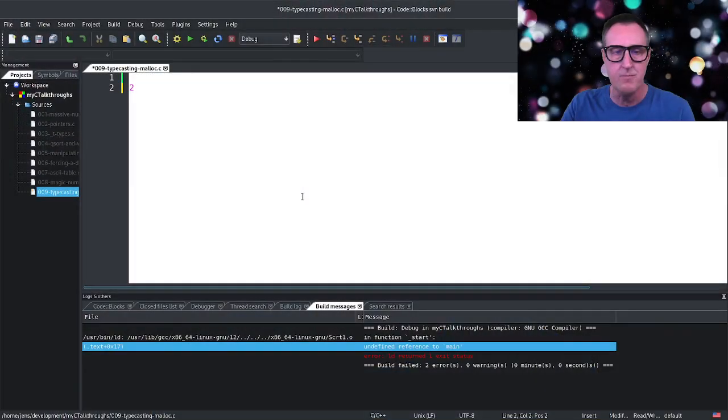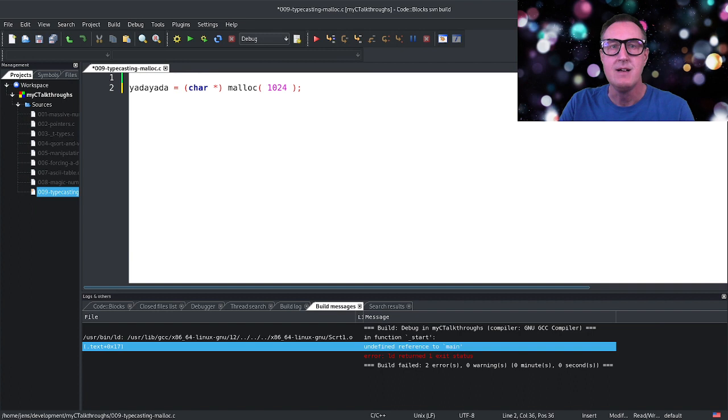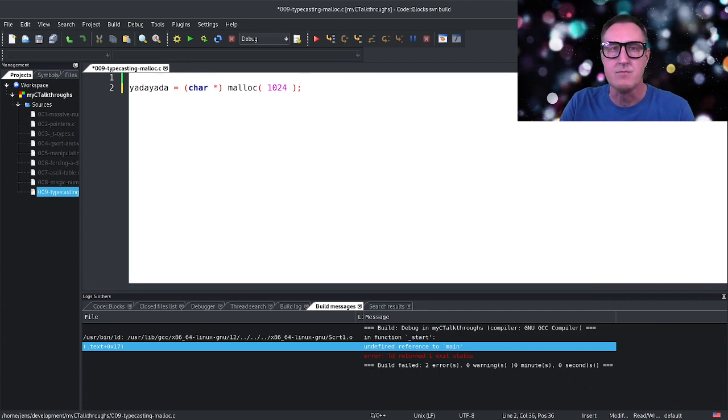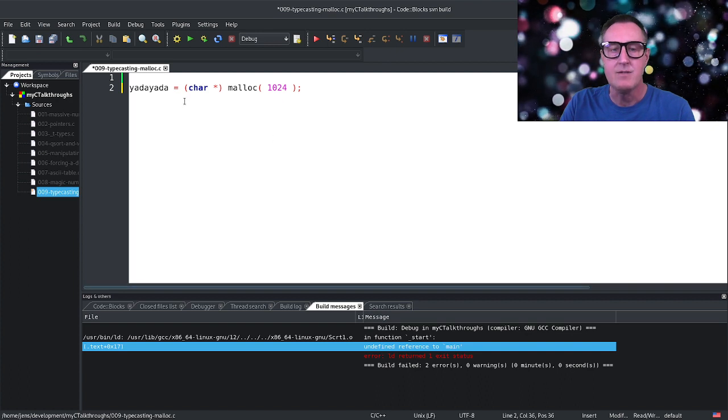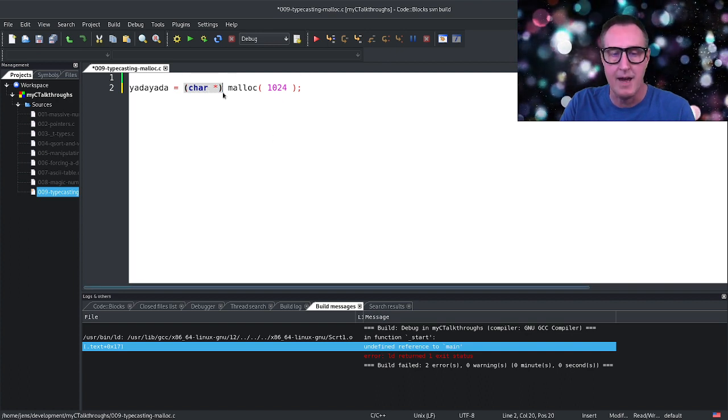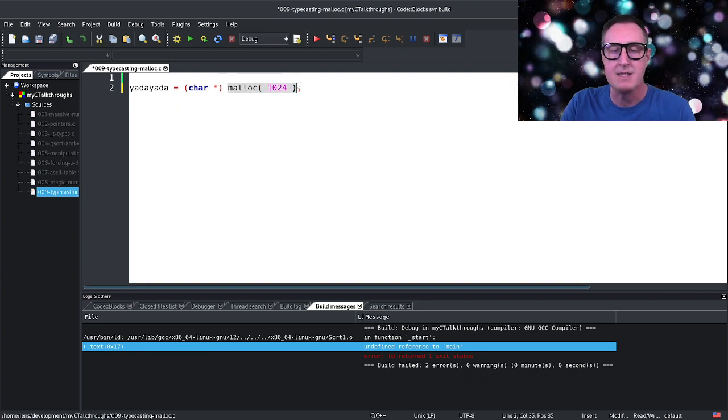Welcome to myCTalkthroughs. The malloc function allocates a chunk of memory. The function returns the memory chunk's address as a type void pointer. Somewhere along the line, I started typecasting the malloc function to match the data type of its pointer assignment. So in this example, if yada yada yada is a pointer, I do something like this: to a character pointer, I typecast malloc